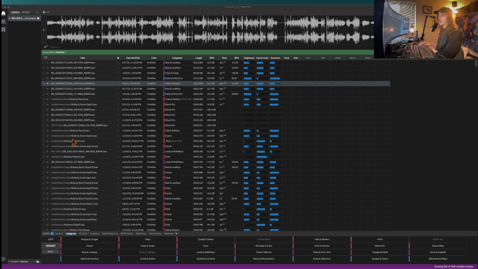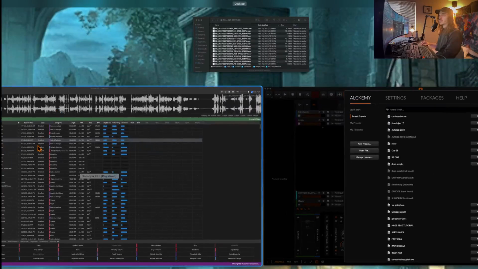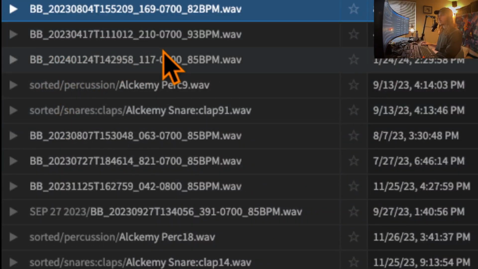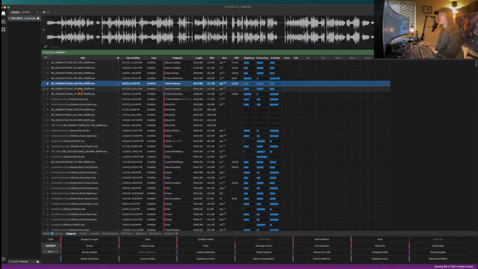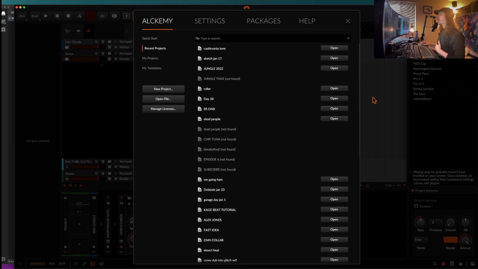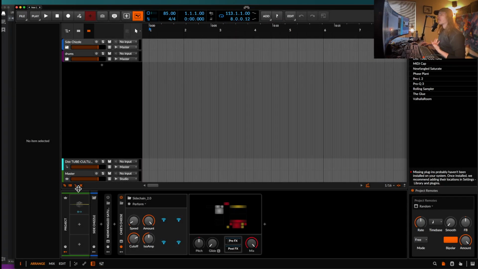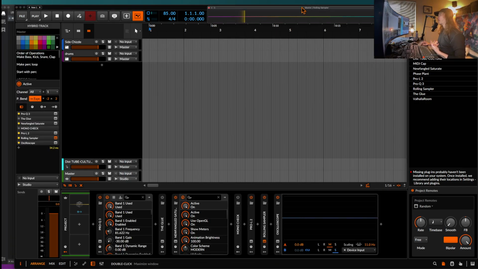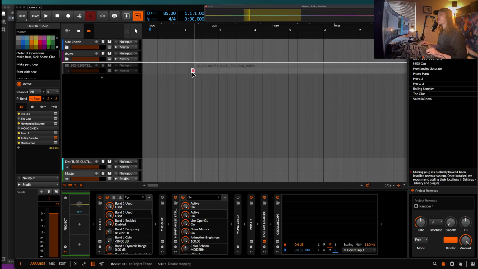If you look on the left, you'll see that there's a lot of these unnamed samples, which would be called BB something something something. And what this basically is are exports from Rolling Sampler. If you're not familiar with Rolling Sampler, what's really cool about it is that it's constantly recording on the back end of whatever you set it to, and it goes to your RAM. What you can do is highlight a piece of this and just pull it out into your